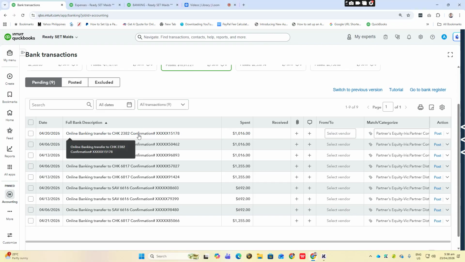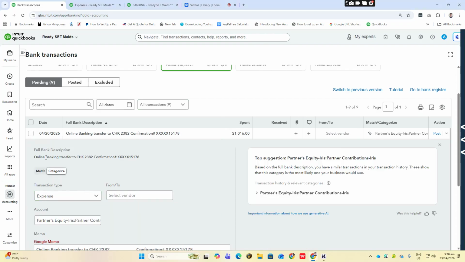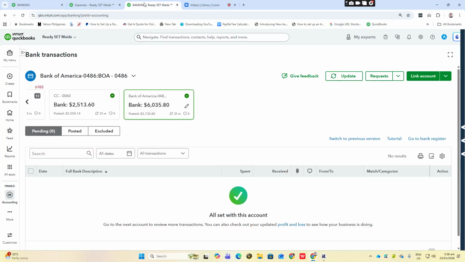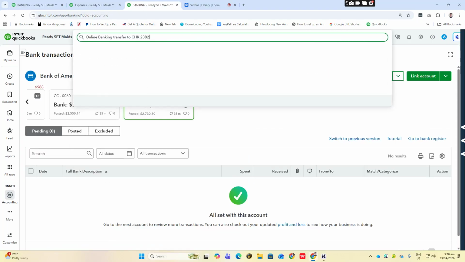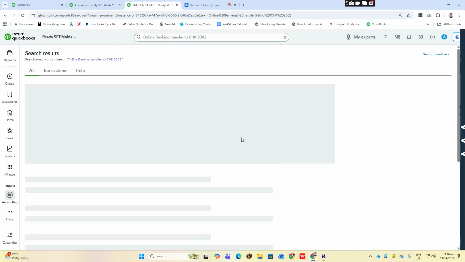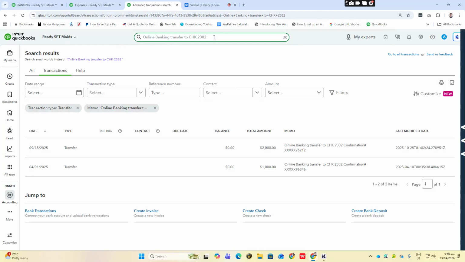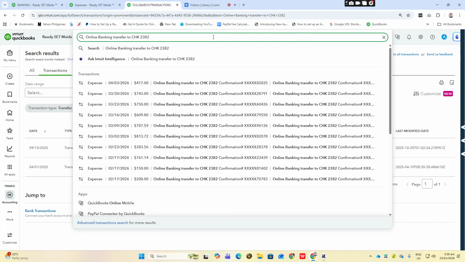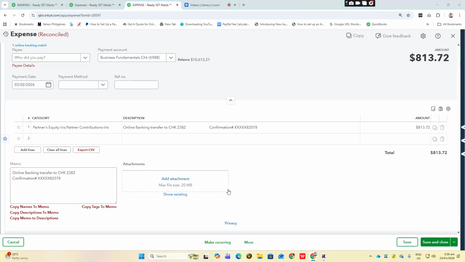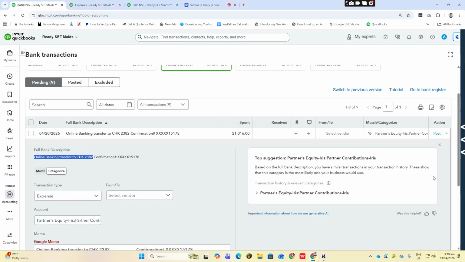So 2382. So I'm going to copy this one and then go to advanced search tab. Okay. Let's check. So we have here online transfer. So let's check the account used. So equity contribution IRS. Okay.